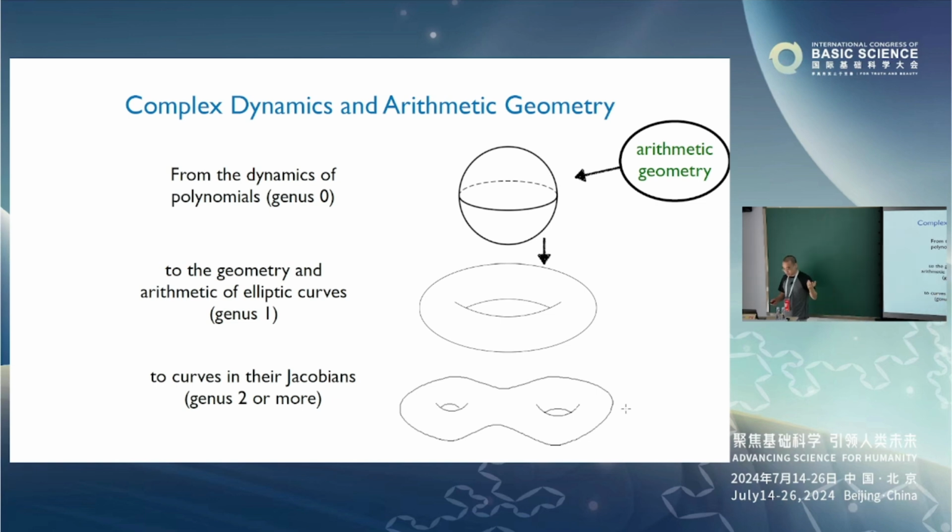So from the dynamics of the Lattès map, you can study the geometry and arithmetic of the elliptic curve. And in our paper, from the arithmetic of the elliptic curve, you can study the genus 2 curve